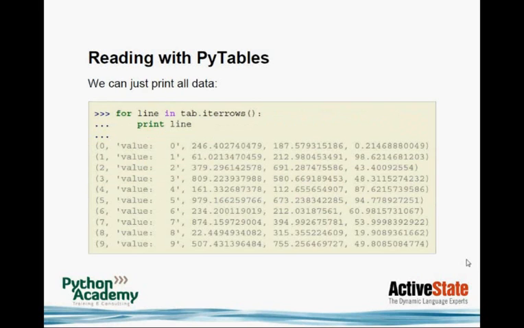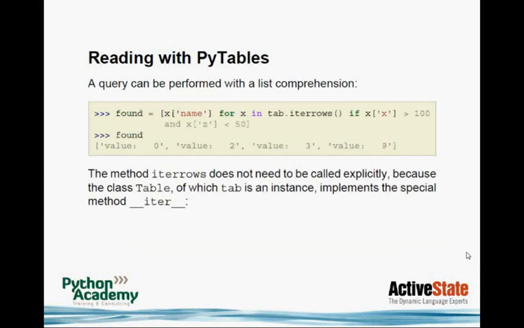See, now we can just go over it with iterrows, so we iterate over it, and we can access every row at a time. So that's very easy. So you can access your data going over them if you like to. Next slide, please. You can also do queries, and for these queries you use just pure Python, so you don't do anything special. There's no special query language, you just use pure Python.